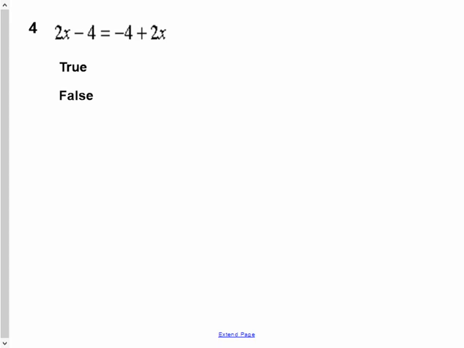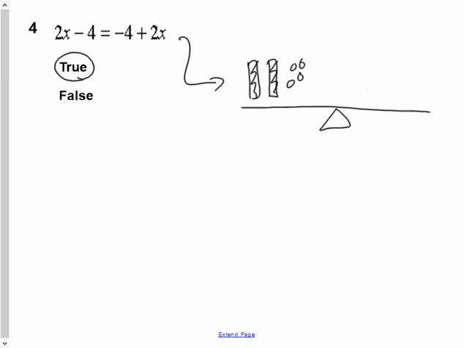The next question, 2x minus 4 is the same thing as negative 4 plus 2x. The best way to show that they are the same, because the answer is true, you could either say the associative property, but the best way that I like to show is model them. So there's 2x and negative 4. And there's negative 4